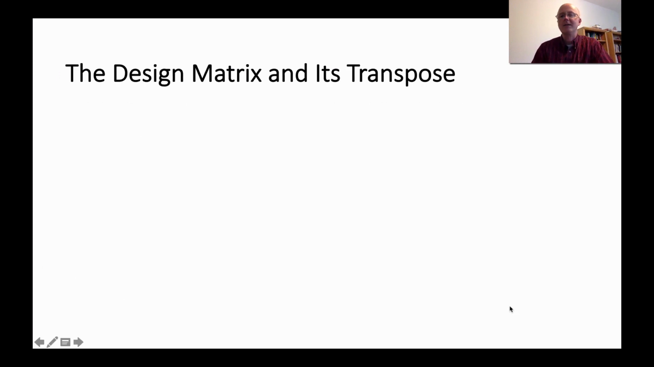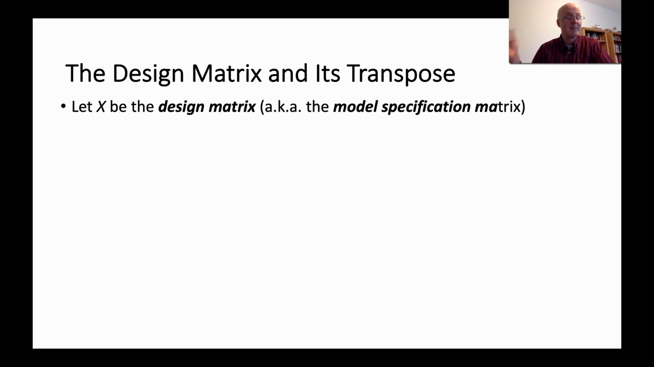All right, I talked about the design matrix at the beginning of this lecture too, but what is that? I did talk about that in lecture 18. Let X be the design matrix, also known as the model specification matrix. What is it? Well, in the quadratic model from lecture 18, it was an n by 3 matrix where it had 1s on the first column. I had x1, x2 through xn on the second column, and I had x1 squared, x2 squared through xn squared